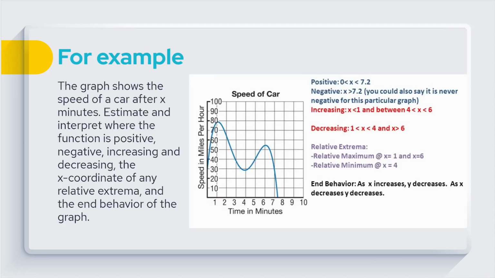For example, the graph shows the speed of a car after x minutes. Estimate and interpret where the function is positive, negative, increasing and decreasing, the x-coordinate of any relative extrema, and the end behavior of the graph. So it's positive between 0 and